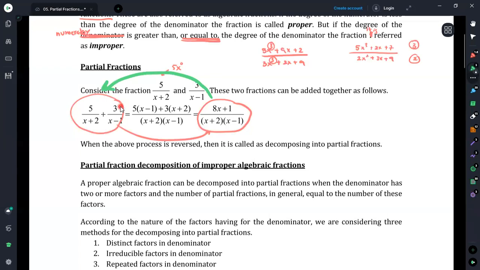Generally, once you have found the partial fractions, they cannot be simplified any further. Therefore, the most simplified form is included in the partial fractions. But here we can see that this can be decomposed into the addition of some other fractions. That's why we find fractions which cannot be simplified further once we have decomposed an algebraic fraction into partial fractions.